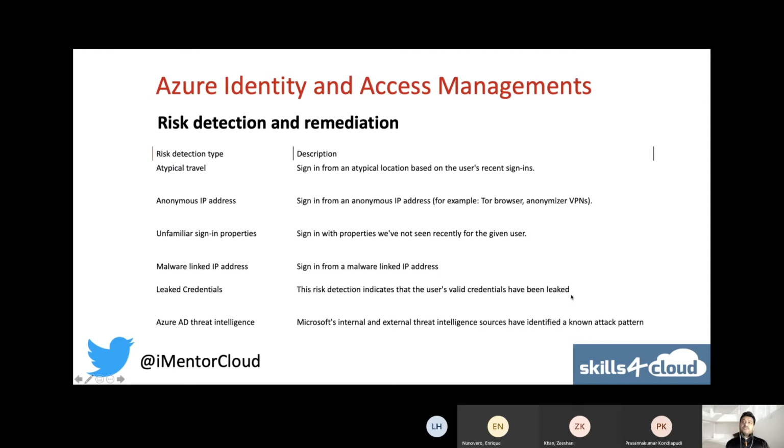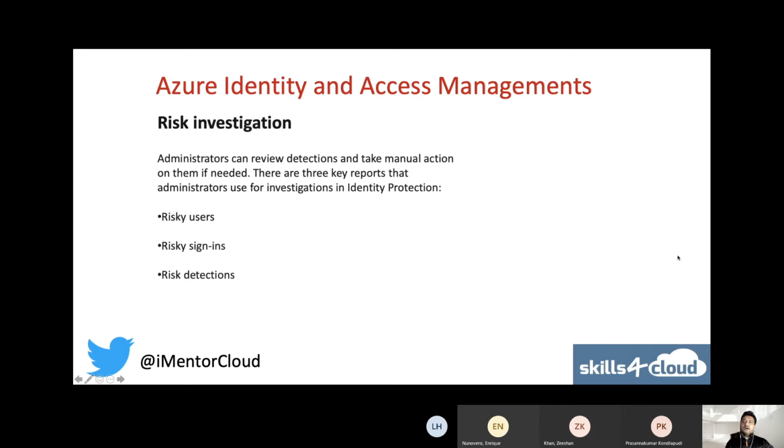Leaked credentials means your account has been compromised. It has the capability to find that out. And also attack pattern: if there are known attack patterns, it will also find them. So those are the built-in controls and capabilities available in Azure. How you want to use it, how you can leverage that. Some of them are automated, some of them are not, so you have to go manually. We'll look into that. What are those? And then, one thing you do with those tools and capabilities, the next step is for you to do the risk investigations I told you about before.